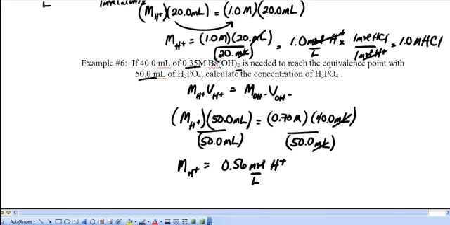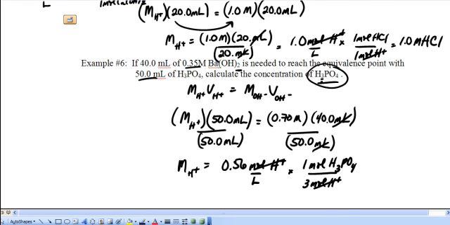Now you got to go back and look. This is moles of hydrogen. We want to know the phosphoric acid. There are 3 hydrogens for every 1 phosphoric acid. So 1 mole of H3PO4 contains 3 moles of hydrogen. Divide out the moles of hydrogen, and you're going to need to take that 0.56 divided by 3, and that will give us 0.187 molar